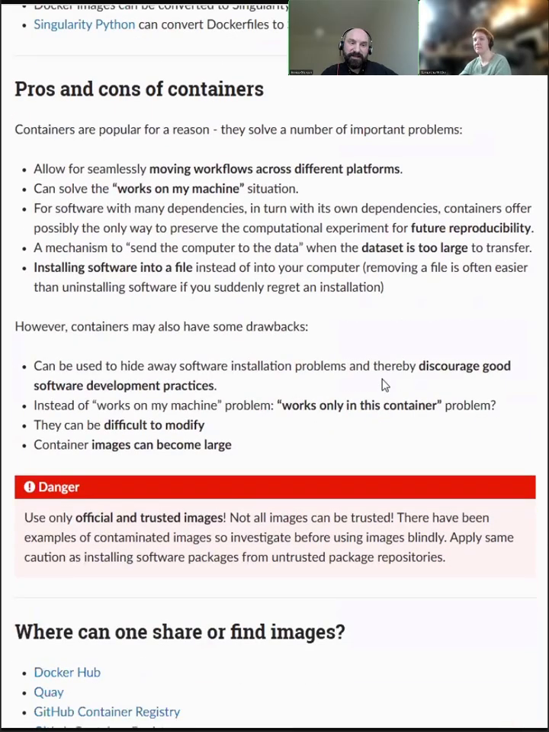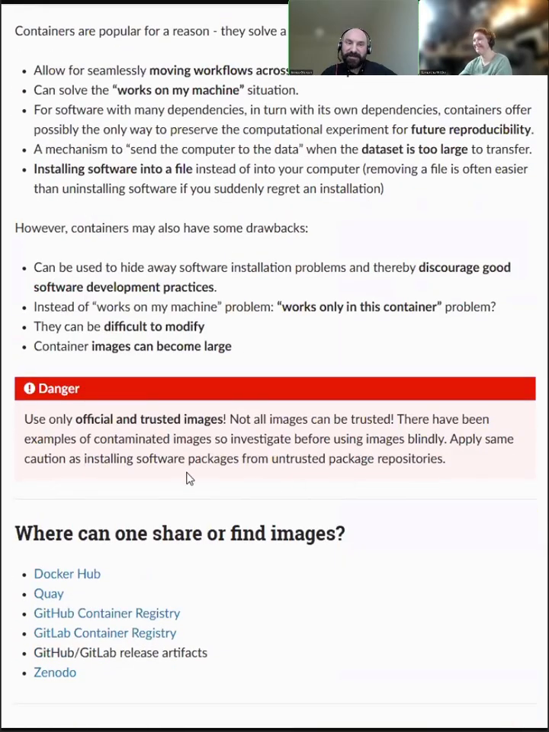I see a red box here, danger, danger. What do we need to be careful with, Samantha? Like you mentioned above in the container definition file, where they're using an image that is already out there. And there are a lot of channels or repositories where you can find these images. But be careful about this, like only use the official and trusted images